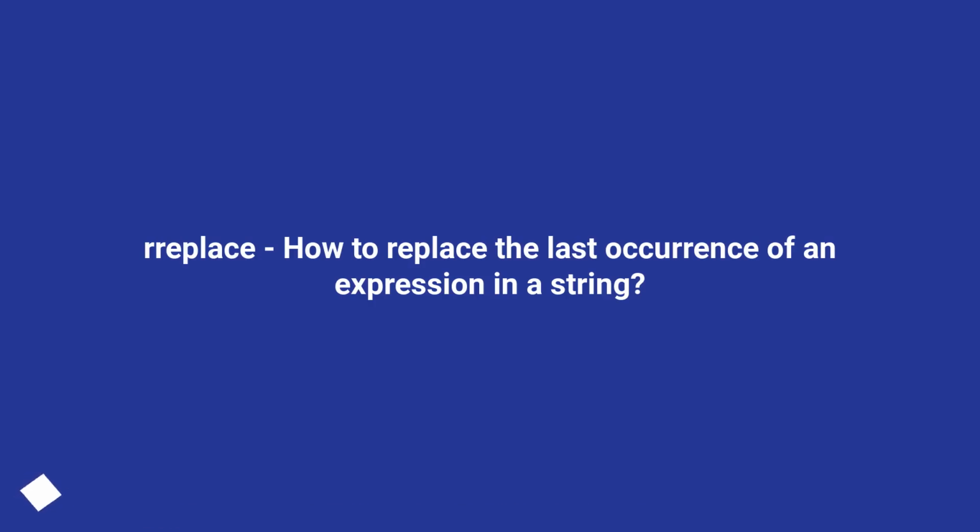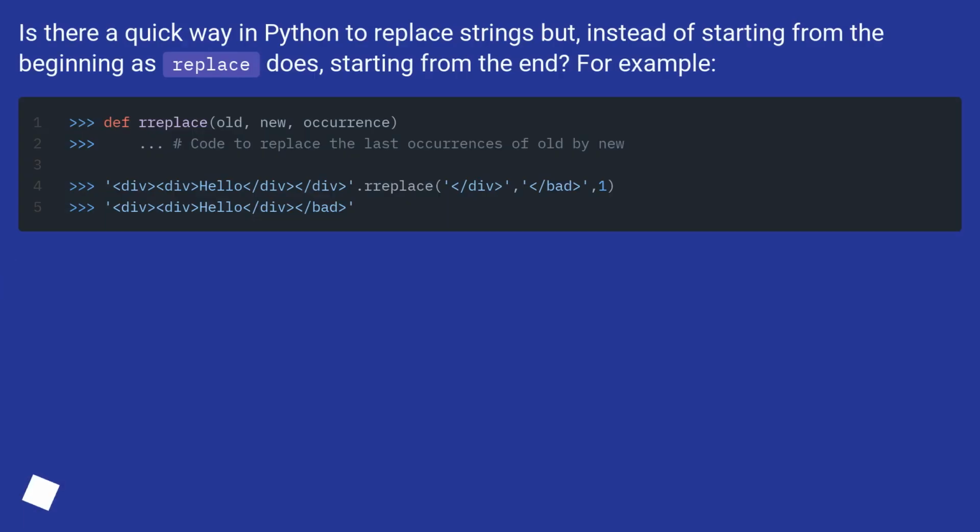Replace. How to replace the last occurrence of an expression in a string. Is there a quick way in Python to replace strings but, instead of starting from the beginning as replace does, starting from the end? For example,